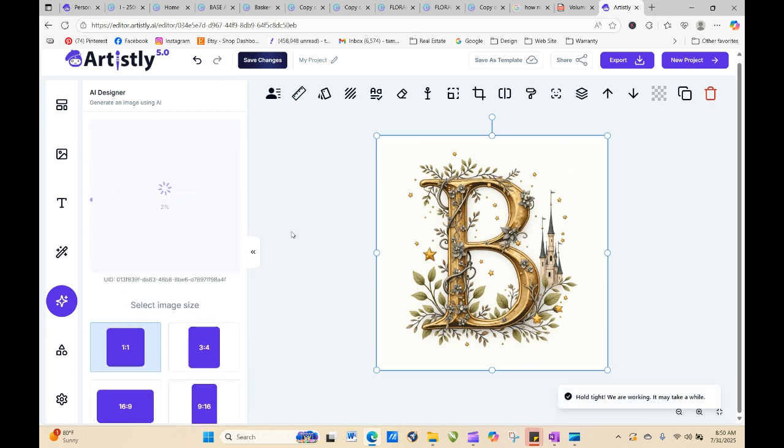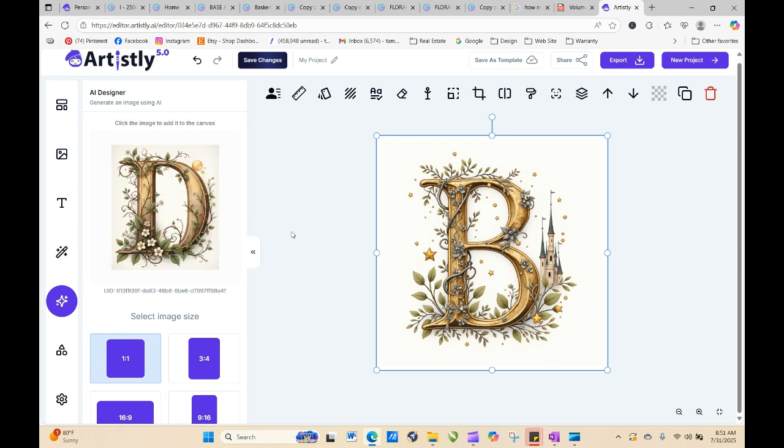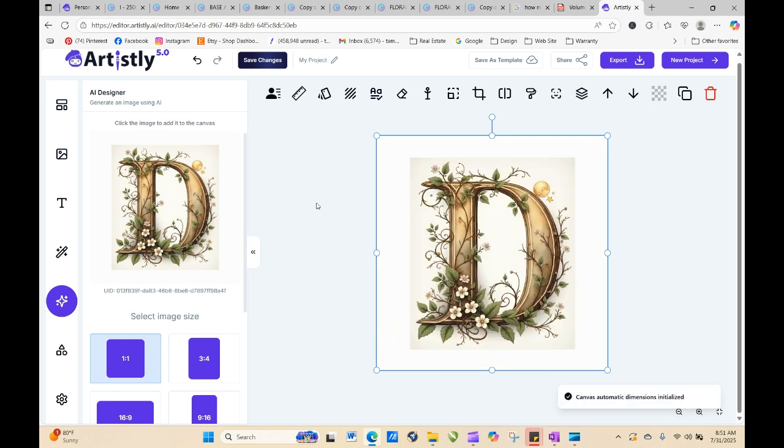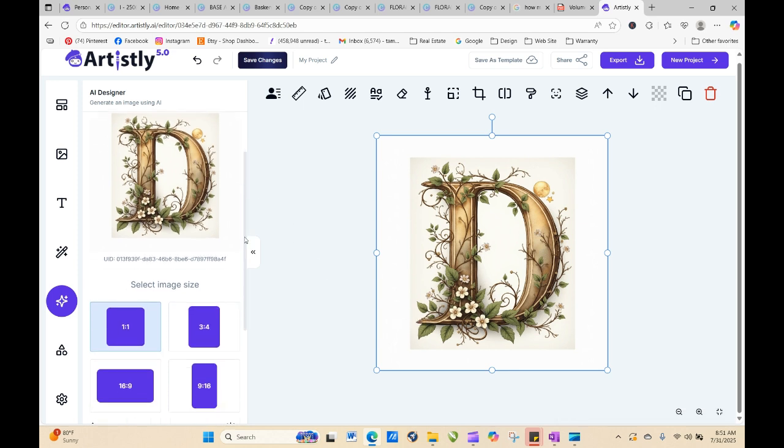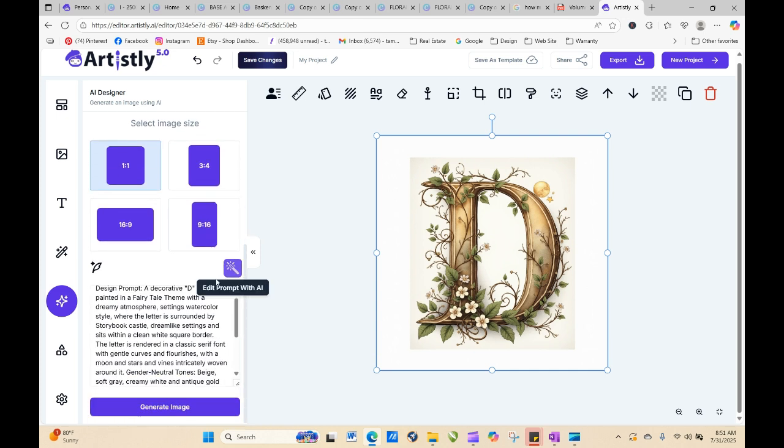I have to hit generate. Oh, I love that. That's gold and just gorgeous. And it does have all the elements of a beautiful, beautiful. Oh my gosh. Yes, we have definitely, it doesn't have the fairy, it doesn't have the castle, but I'm loving the